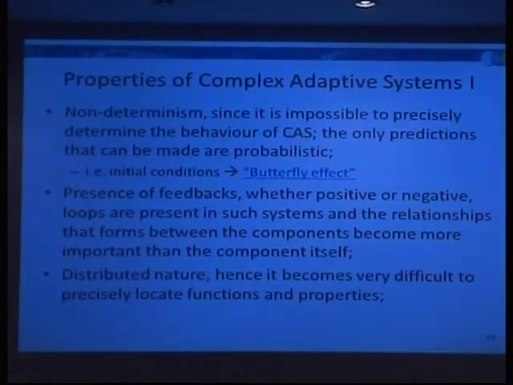Then, obviously, a complex adaptive system has a specific set of properties defined by Levin and also very neatly explained by Waldrop in a nice book called Complexity. And obviously, they're characterized by non-determinism. It's basically impossible to determine precisely the behavior